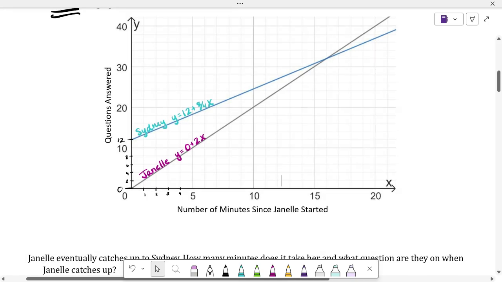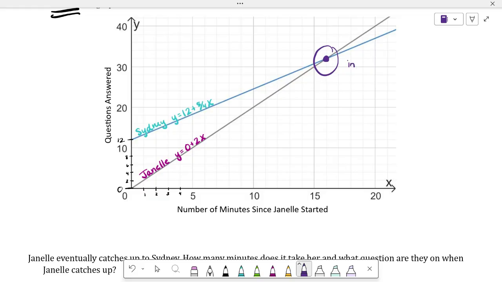So we've got the number of minutes compared to the questions answered. And what I'm going to notice is that there's a spot right here where these two lines intersect. That's actually what we call the solution to the two lines. If you remember, a solution to a single line is any point on the line. If we've got two of them, a system, and it's on the grid together, where they intersect is the solution. So this is at the point